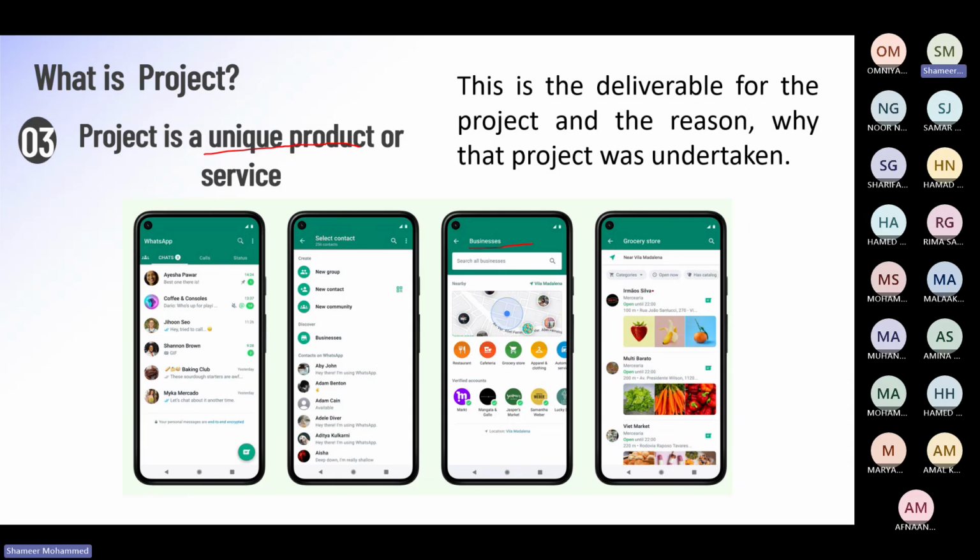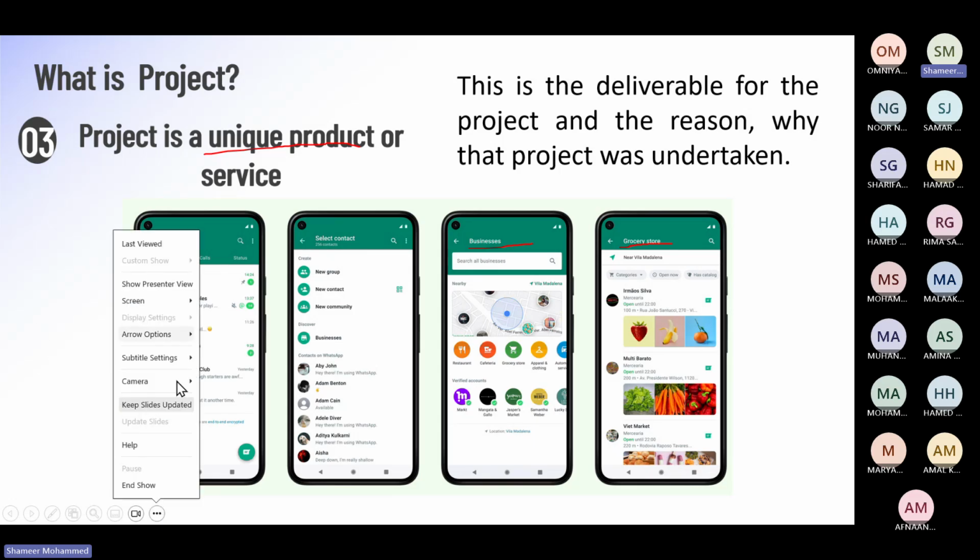And here, what is there? See, you are selling the items, grocery store. So it's a product service. So product, I can say for you, for instance,